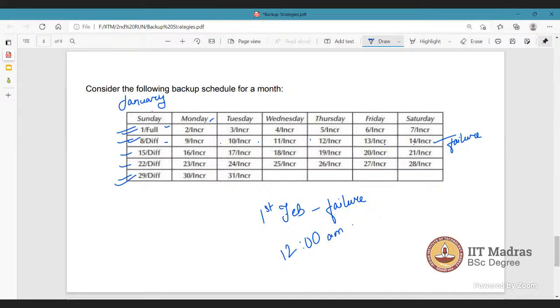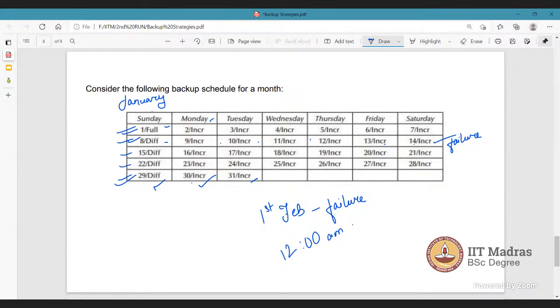Suppose it happens on the 31st, then I have to take the backup for the whole month, right? Yes, so you can take the full backup, then one differential backup on the 29th, and then one backup, right? No, then I have to take the 8th differential backup, 15th differential, 22nd differential, and